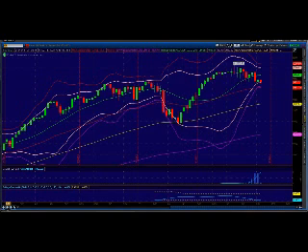Okay, S&P 500 E-mini futures, December contract. I've got the front month chart up here, not the continuation chart, because I want to talk about the middle band and I want to talk about some other areas of potential resistance here. What we saw yesterday was a move down to the lower band. The Bollinger bandwidth is very tight. We're at 1.44. And you know, we talk about this before.